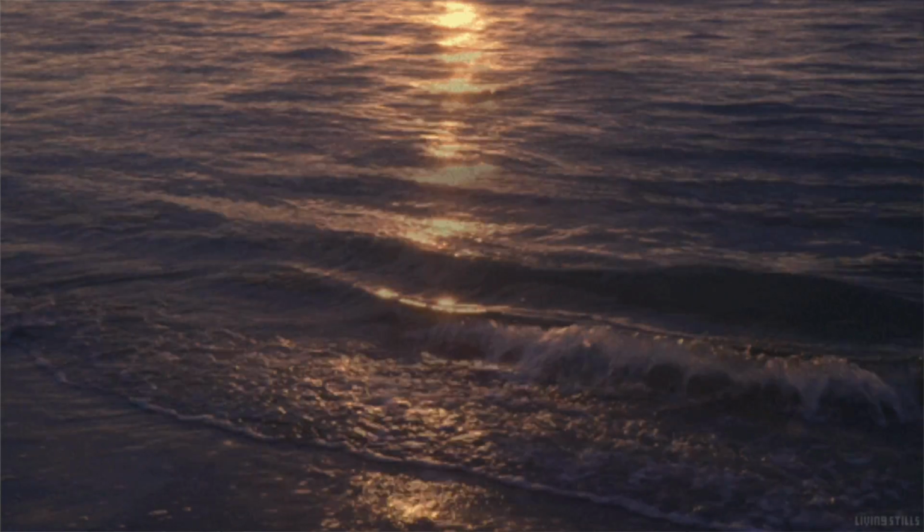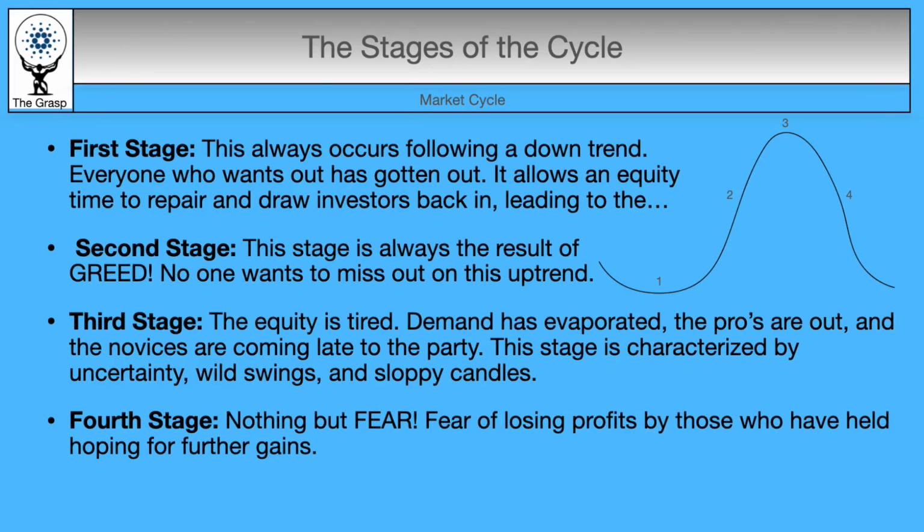As we will discuss, the market is made up of waves, and large waves are made up of smaller waves. If we get our entries right, you put the majority of the trading equation in your favor. All markets are made up of cycles, and those cycles are broken into four main stages.